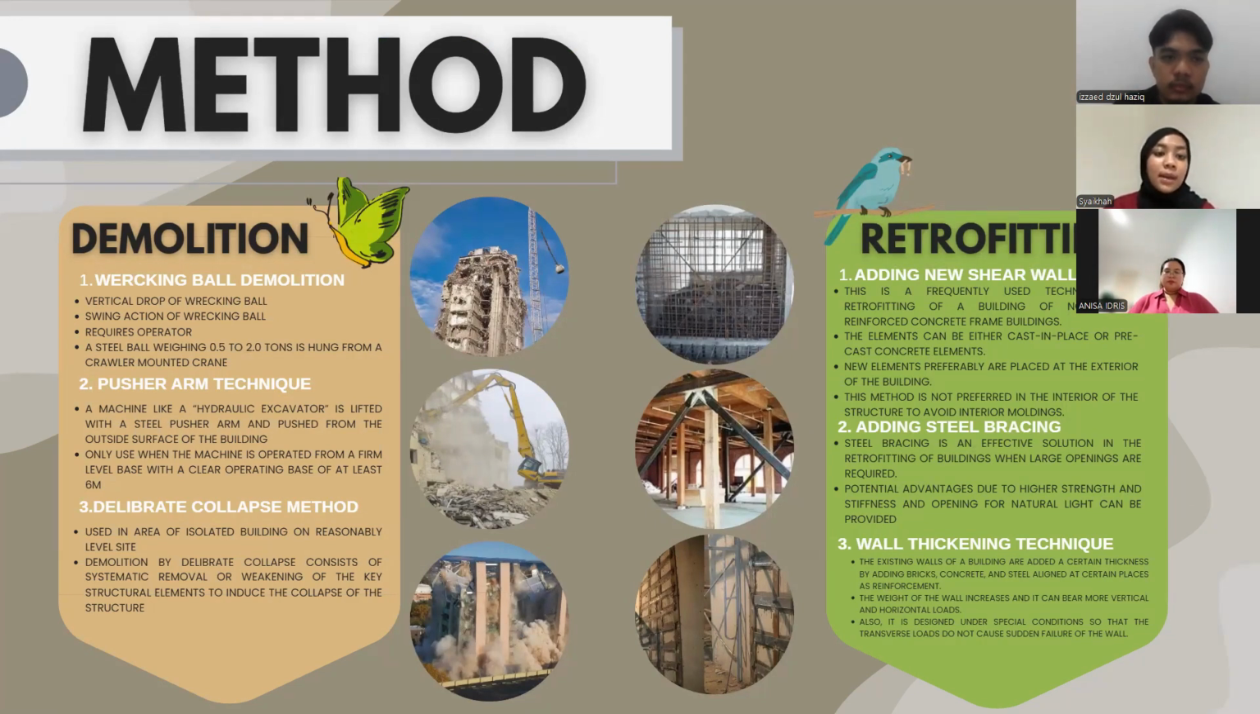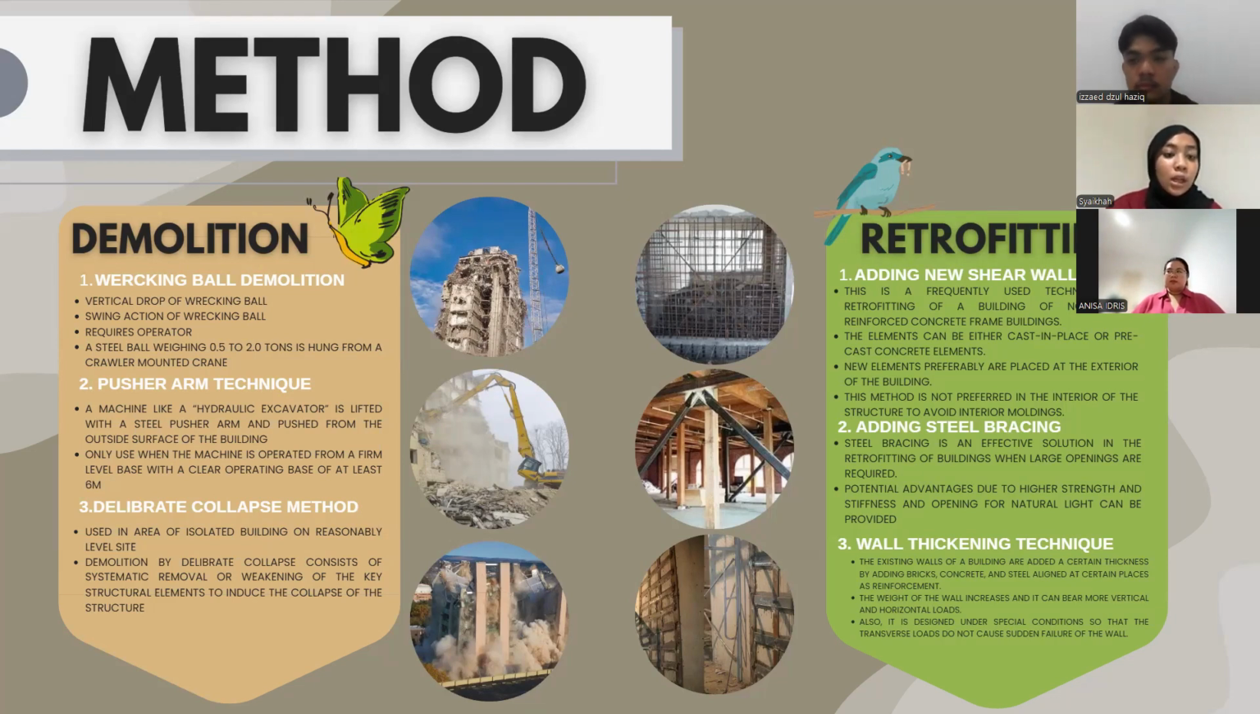So this is the method for demolition and retrofitting. First, wrecking ball demolition. Vertical drop of wrecking ball or swing action of wrecking ball. It requires an operator and a steel ball weighing about 0.5 to 2 tons hung from a crawler mounted crane. Second, pusher arm technique. A machine like a hydraulic excavator is fitted with a steel pusher arm